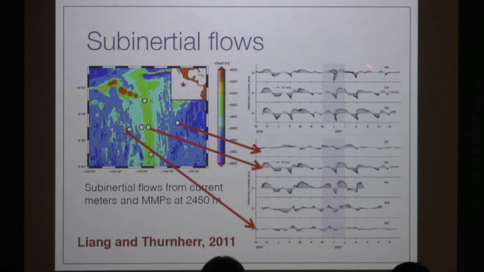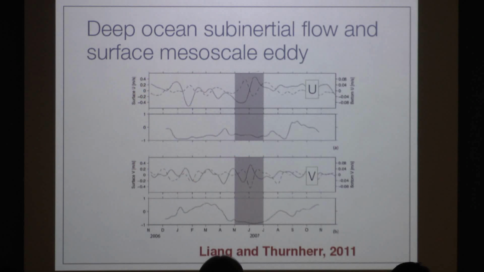And then we want to see the relationship between this deep ocean low frequency flow and the surface mesoscale eddies. So this plot shows you the surface geostrophic current, which is related to the mesoscale eddies, which is the solid line here. And